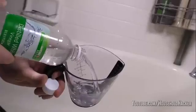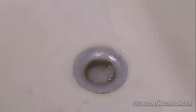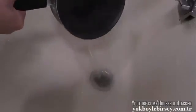Now get yourself about 1/2 cup of white vinegar and pour it down as well. The reaction will foam up and start eating away at that clog. But you're going to let this sit for about 15 minutes so it can do its full job. While you wait, boil up a pot of water, pour it directly down the drain, clear out any remaining powder. Boosh! No more